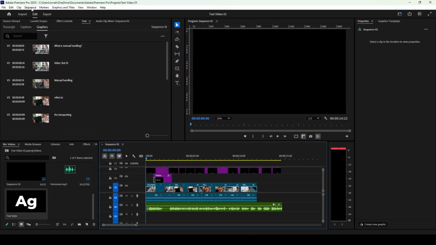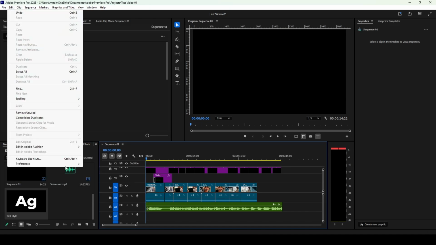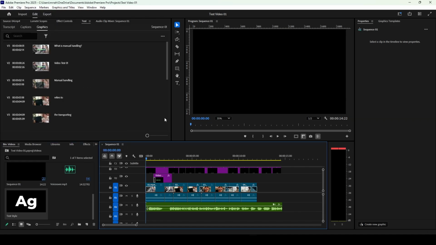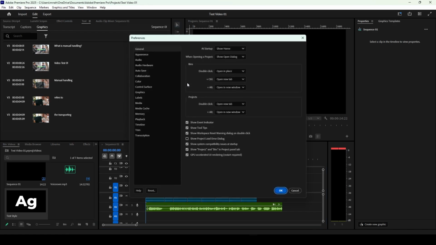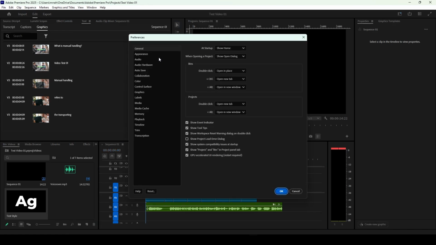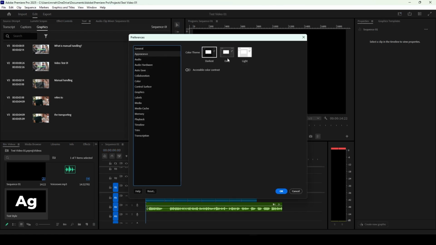And these are the different keyboard shortcuts that we use. Then we have the preferences available. These are simple preferences, and you don't have to change them that much. If you are into light mode, you can use your software in light mode. You can change the appearance to light as well, but I'm mostly comfortable with the dark, so I change to